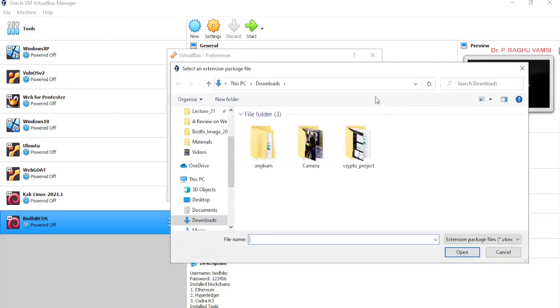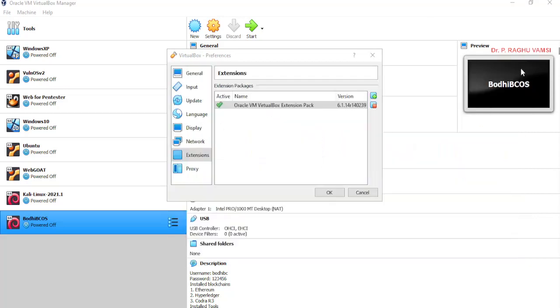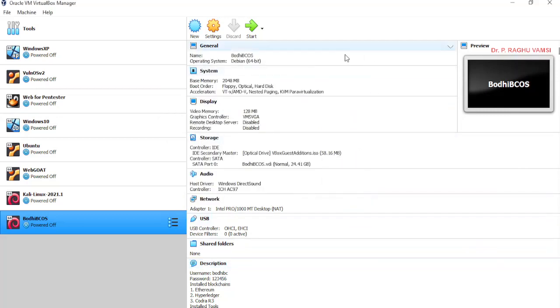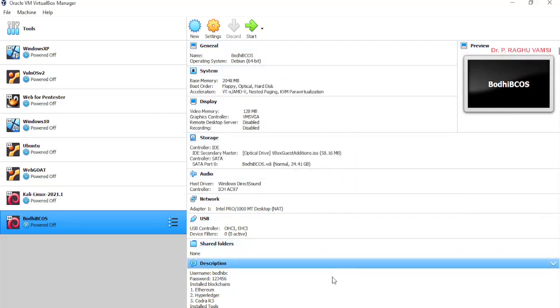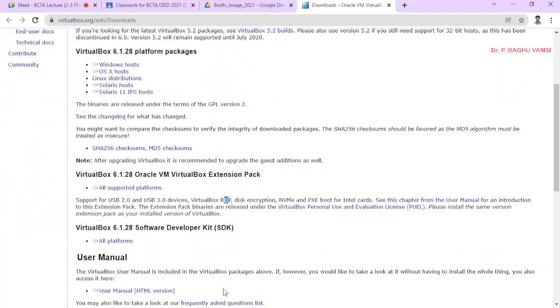Click on add new packages and select the extension pack and click OK. So this Oracle VM VirtualBox extension pack will be installed on your computer. Once it is installed, the VirtualBox will act similar to your normal computer, because it supports USB 2.0, 3.0, mouse support,